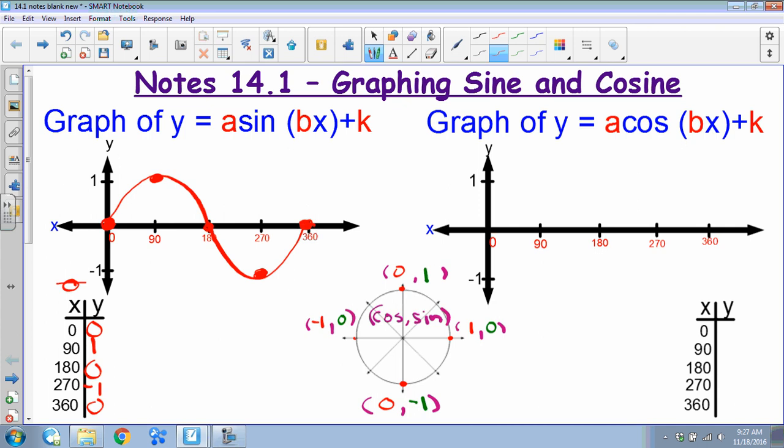Now, like I said, if I kept going with that table, it would continue back this way and this way. Okay? But one wave, because it's not transformed at all, stops at 360. So my period is 360. The period represents one wave. Okay? These problems are going to ask you to tell you two things, the amplitude and the period, and then